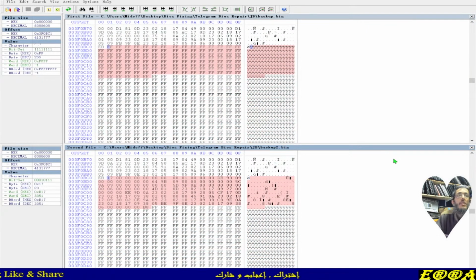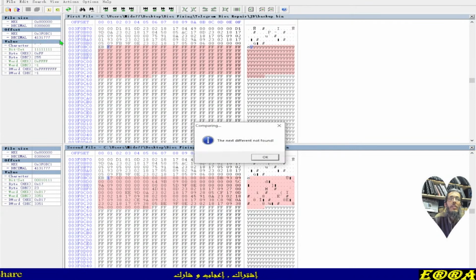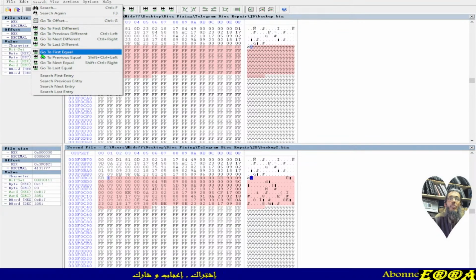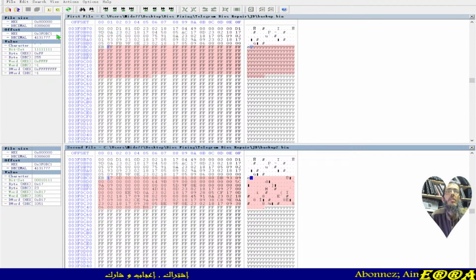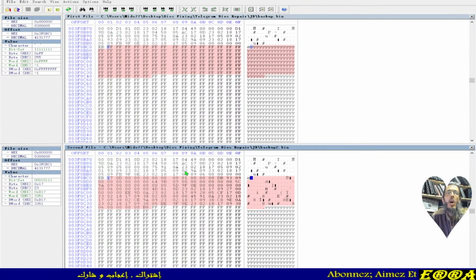If we go to search, go to next difference, the next difference, not found. If we go to search and go to previous difference, no previous difference found, which means that this is the only difference between the files.